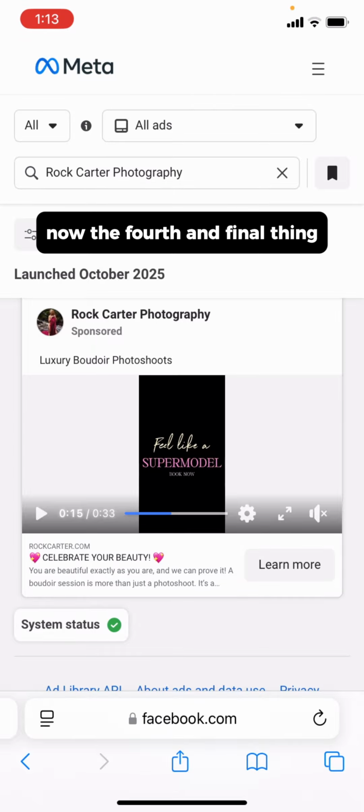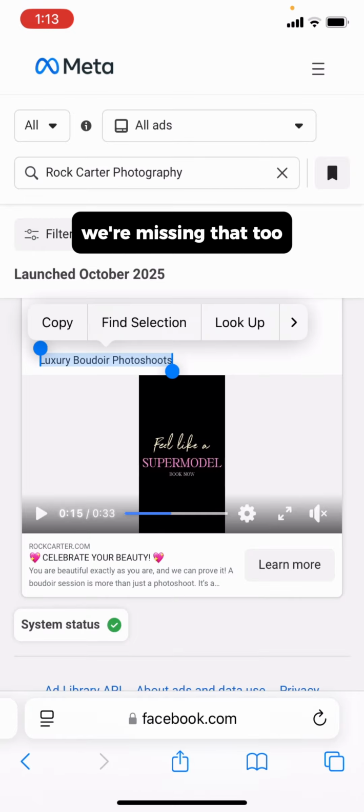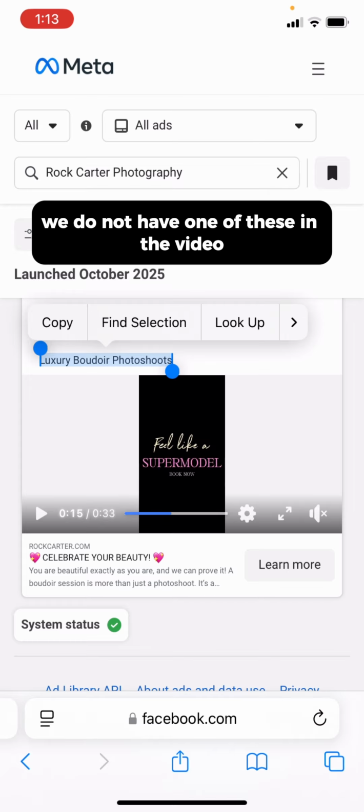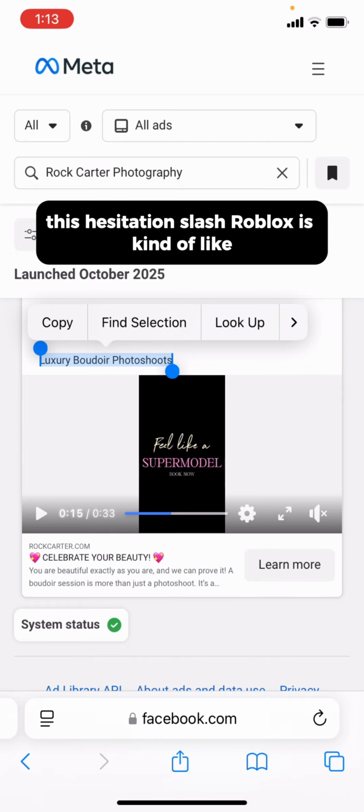Now, the fourth and final thing we want to see more headline up here is a hesitation/roadblock. So yeah, we're missing that too. And we do not have one of these in the video because I watched it through right now. This hesitation/roadblock is kind of like,